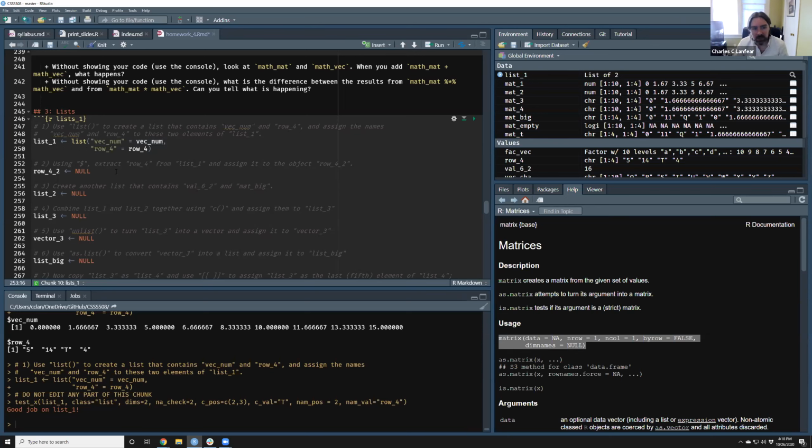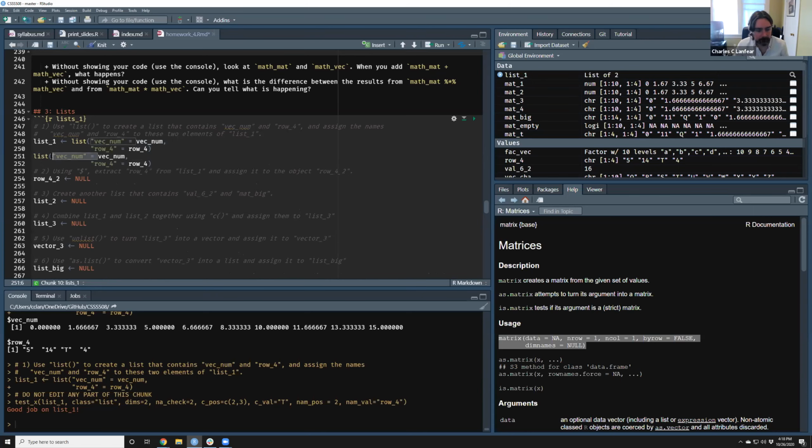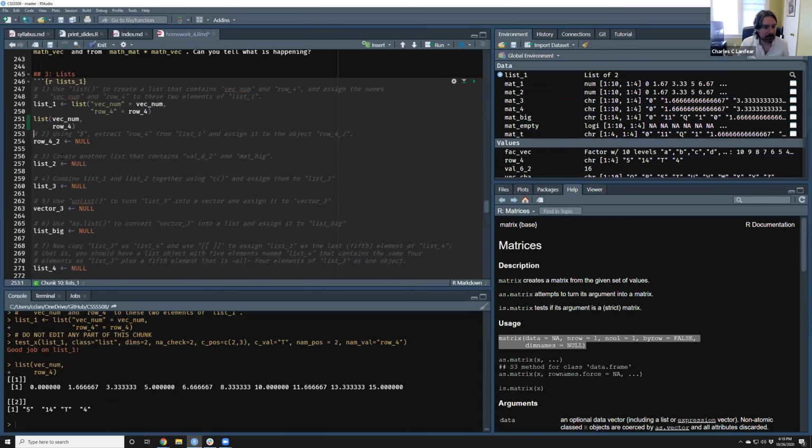Next. Using the $, extract row 4 from list 1 and assign it to the object row 4(2). So here we go. Is there a way to do that automatically since the input variables are also the names? Well, let's see what happens if we take that. Okay, it doesn't automatically do it with list.